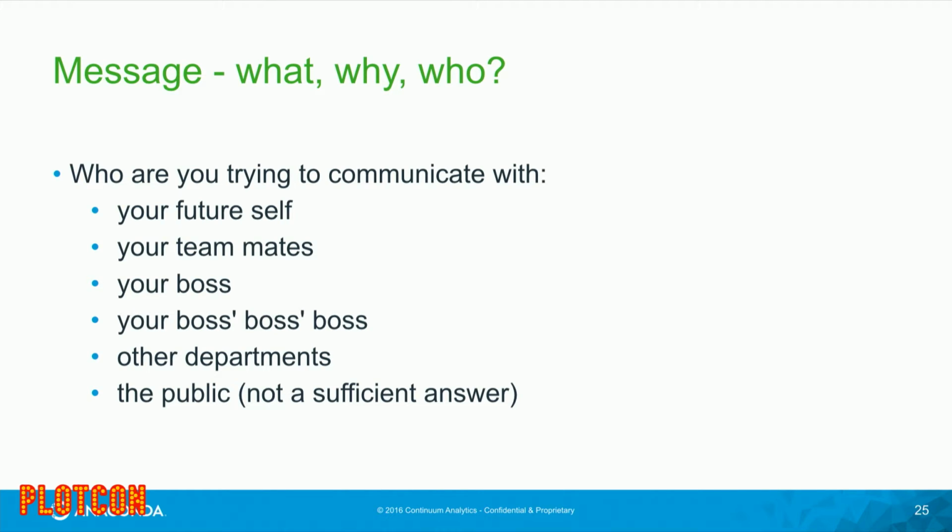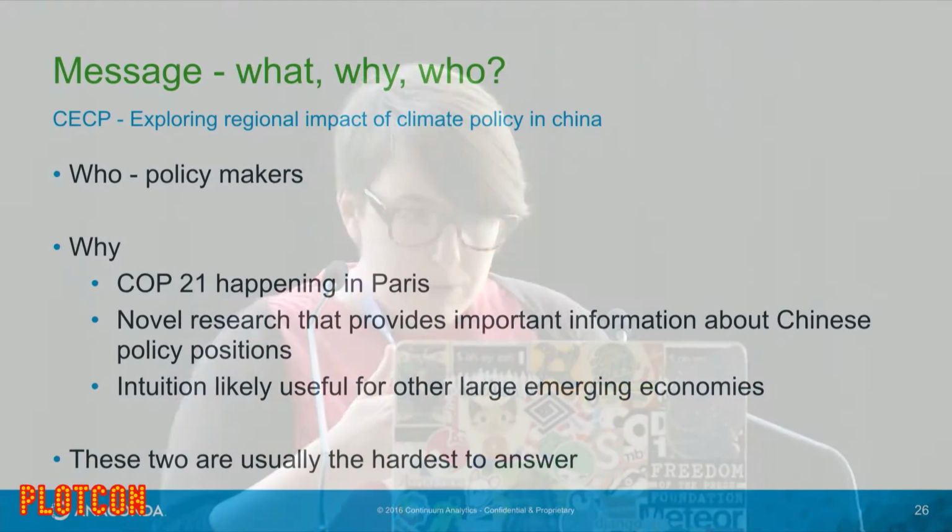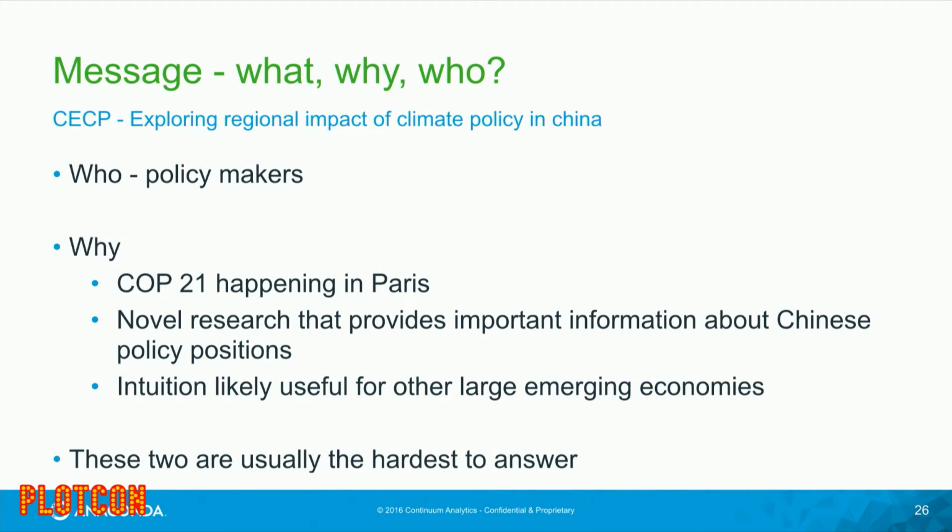And the first thing that I always ask people is, who are you trying to communicate with? Are you trying to communicate with your future self? Any of us coders know that we look at our code that we wrote 6 months ago and we're like, what was I thinking? And I think that's also true in analysis and data science too. Are you trying to communicate to your teammates, your boss's boss's boss, other departments, the public, which is an answer I get a lot. That was the first answer that the MIT folks had, and that's not a good enough answer. So we managed to narrow that down to policymakers,